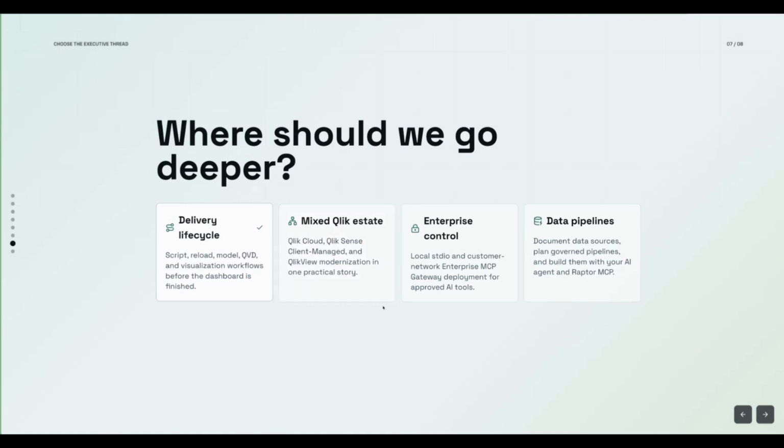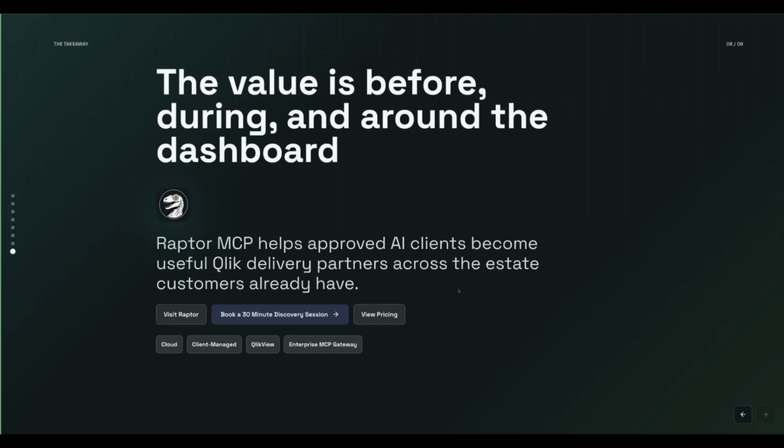mix. You can mix between Qlik Sense on Click Cloud and on-prem, no problem between the two. You can have multiple MCP connections. And then, like JP mentioned, we do this enterprise gateway where you install it on your network, on the same server as the Qlik Sense server. It uses hardly any resources at all, which is fantastic because it's a communication bridge. It doesn't have to do many other things except manage the communications properly. So let's go over to the demo.